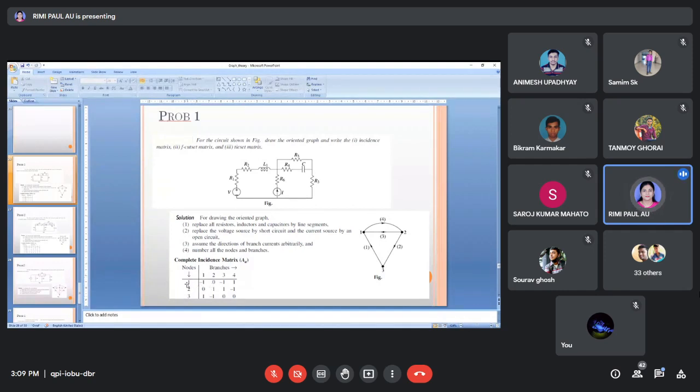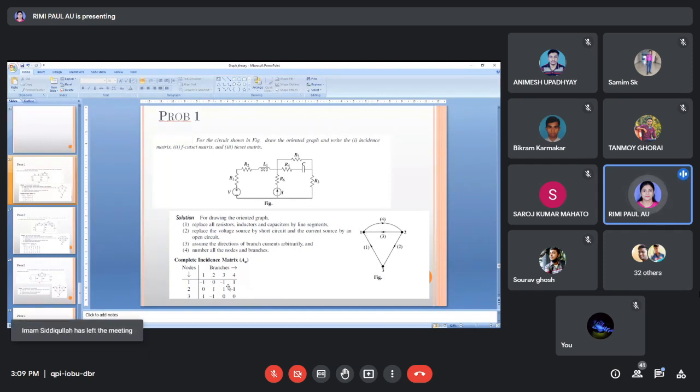First write the node name and branches name. So nodes name 1 2 3, and you are taking branches A B C D. So A B C D you can write, or if you write 1 2 3 4, just make it bracket, okay, so that we can identify which one is your node, which one is your branches. Now from this node you can see 3 branches are connected, 1 3 and 4. 1 3 or 4 we can write 1 1 1. This branch 2 is not connected to this node, this is 0.